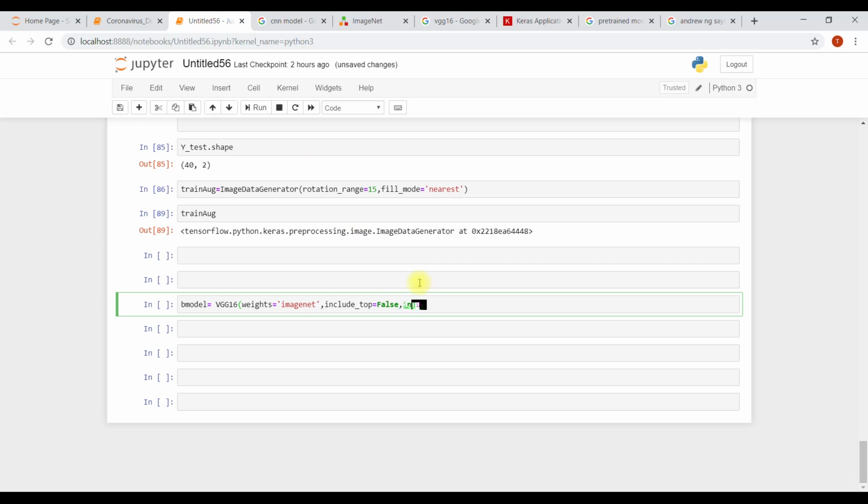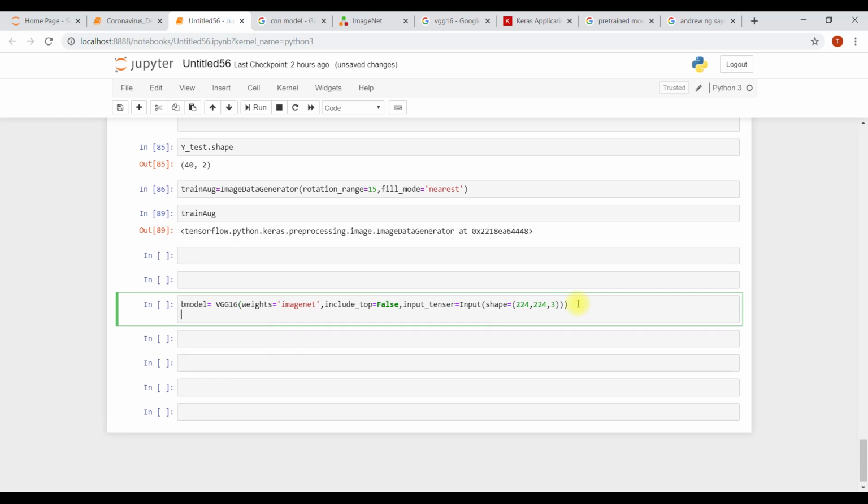And input tensor is equal to input shape. What is the shape of our input? 224 by 224 by 3, because we have 3 channels. Base model is ready.